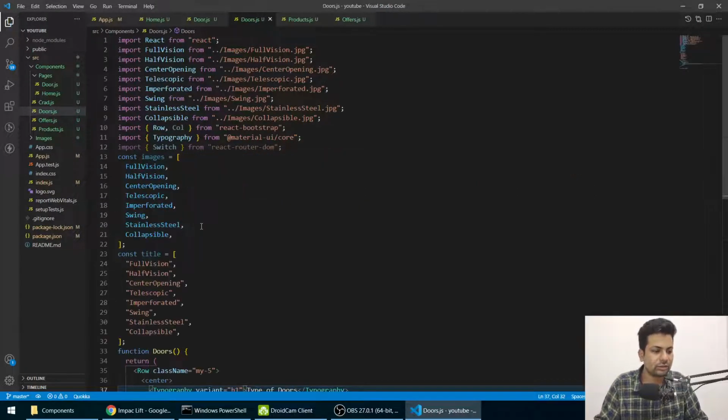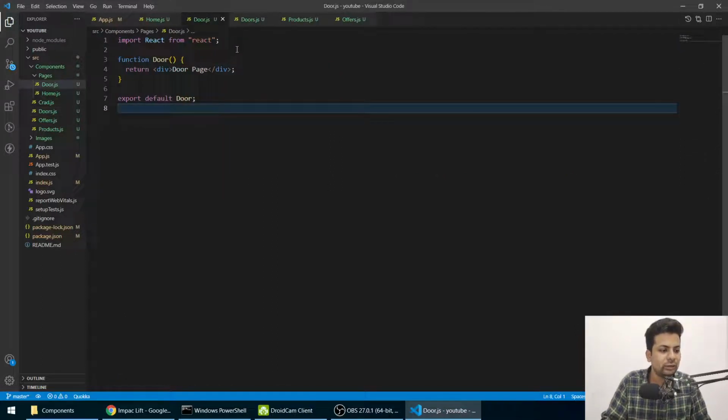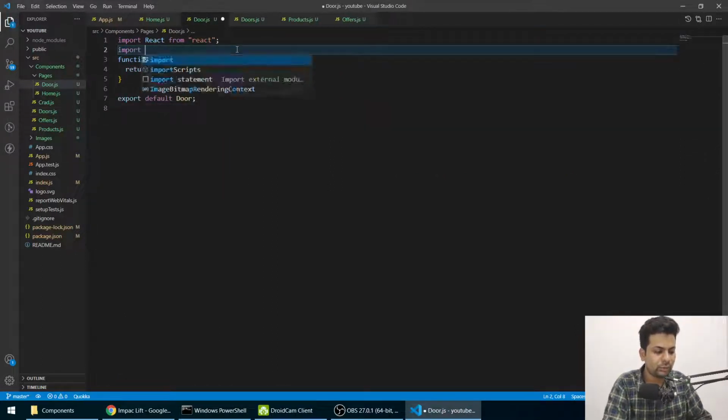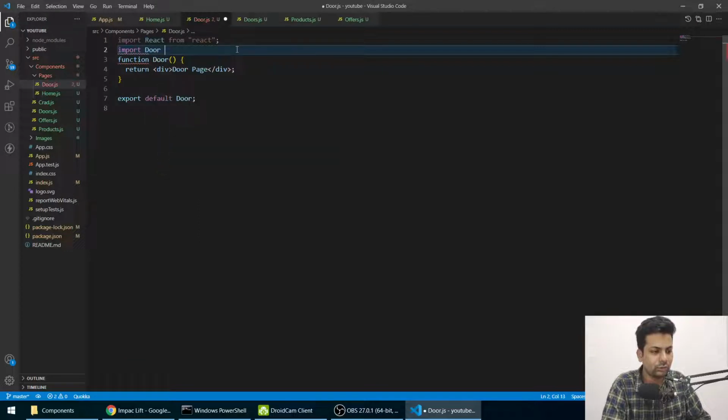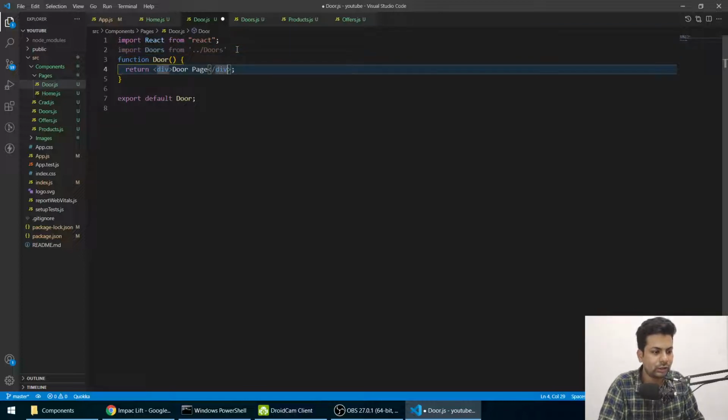So let me just use it in the doors. We'll come here and say import doors from dot slash doors, and here we'll just remove this part and say just doors.